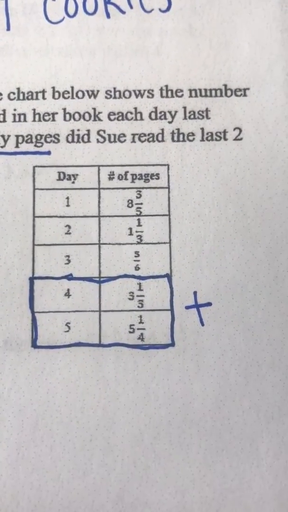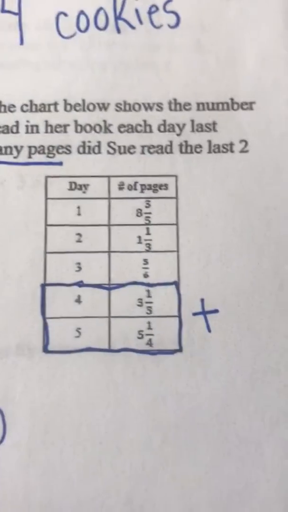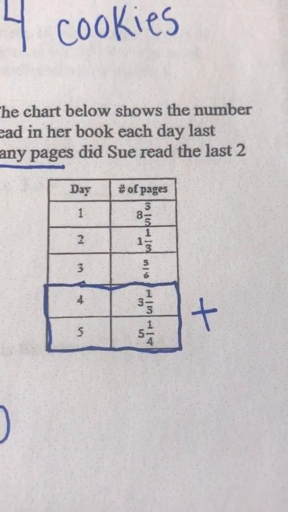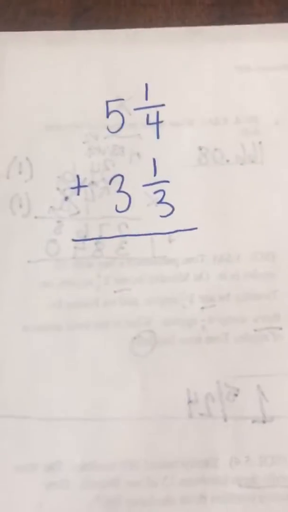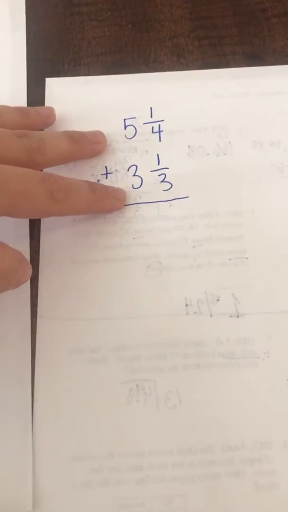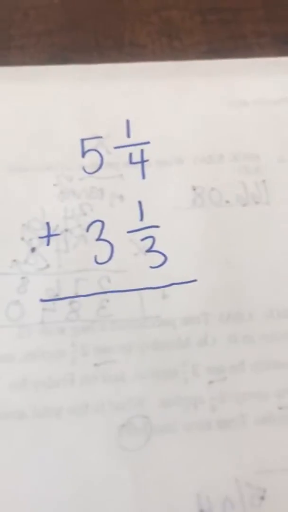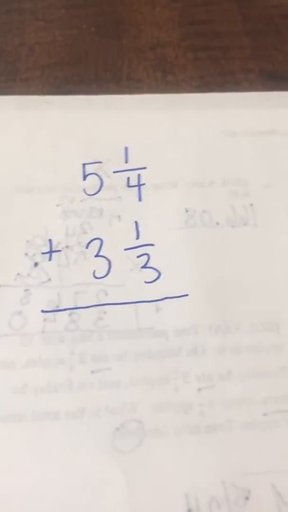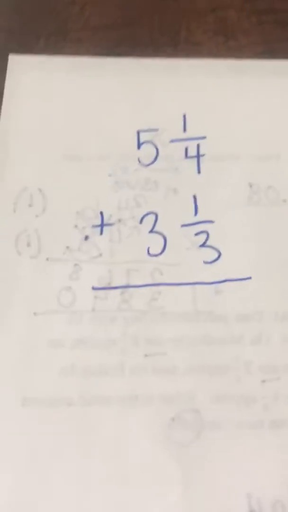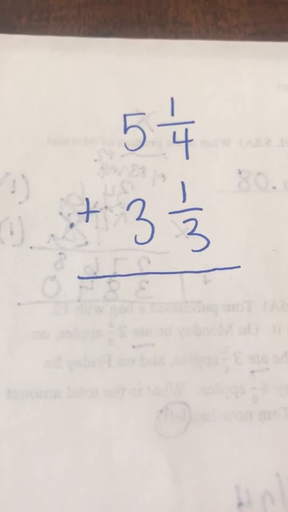So I'm going to rewrite them on a separate sheet of paper over here so that you can see the combining. So let me show you what that looks like. Here it is. Remember when we're adding fractions, it's helpful for you to write them vertical, meaning up and down or on top of each other, so that you have all this space over here to work. Okay. Now, when we're combining fractions, the first thing you need to ask yourself, I was going to say each other, but we're at home by ourselves or with our family,